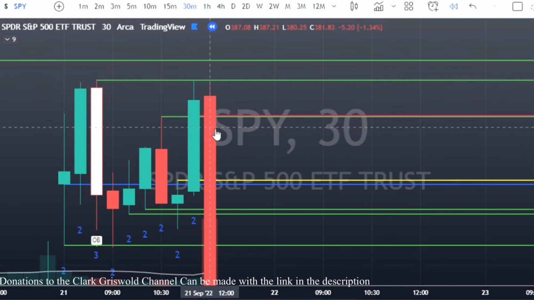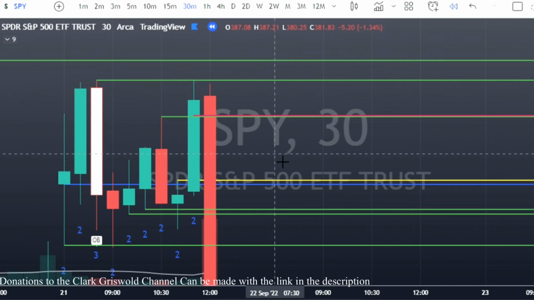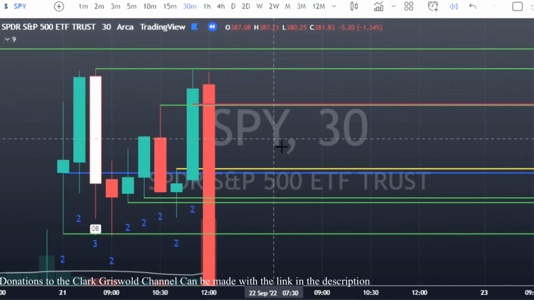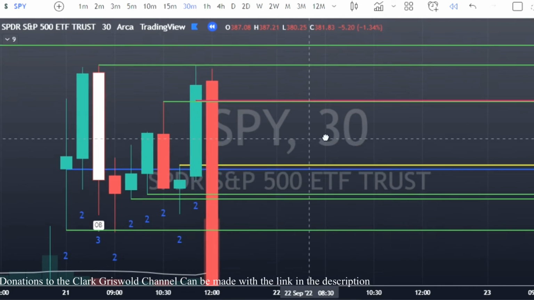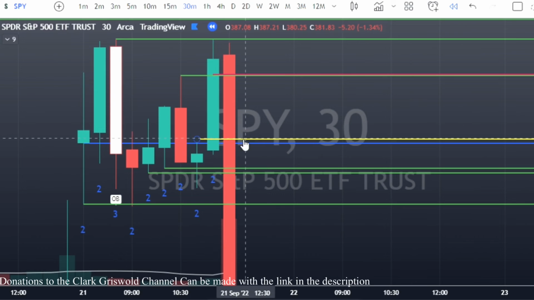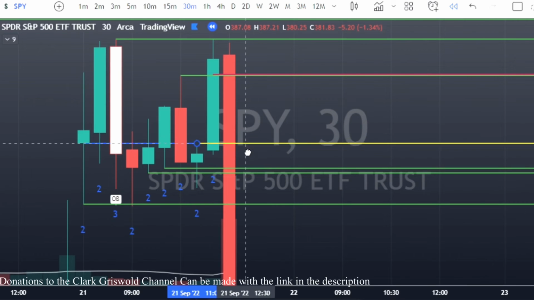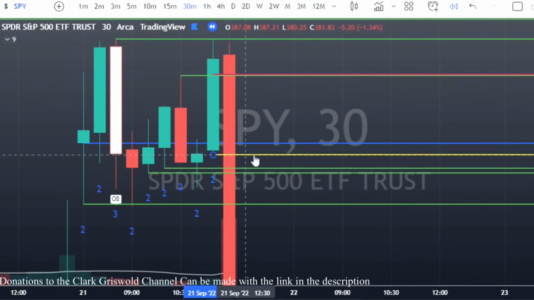The guy came on, he made a thread, and he said, at 2 o'clock, when the meeting starts, watch for the candle to jump either red or green. So what did we get here? Red. Now, to take this a little bit further, if you wanted to take this trade, blue,